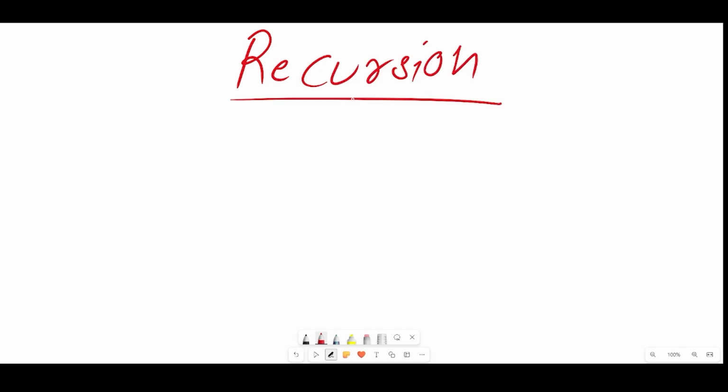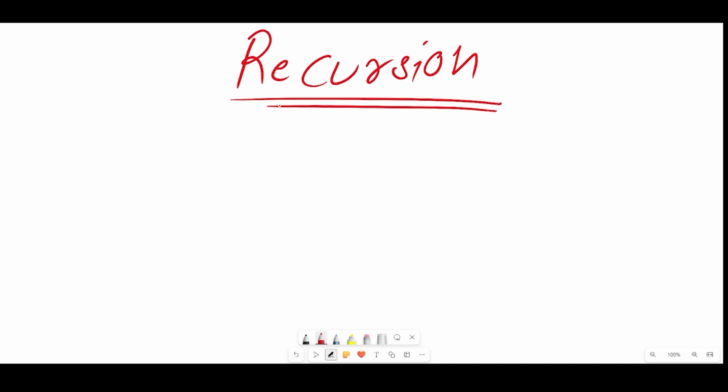Welcome back. In the previous class, we did what is function prototype, we have seen a program out of it and understood how it works. Today, we are doing a very important topic, which is called recursion. This is an extremely important topic which you have to understand, but I would recommend, if you have not seen any of my lectures on functions, do watch them and then come back over here, because without functions, it will be difficult for you to understand recursion. So make sure you do that.